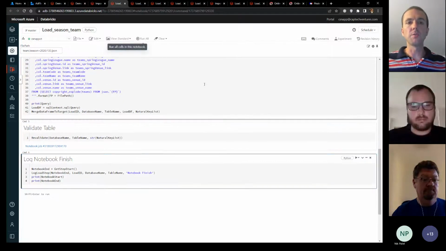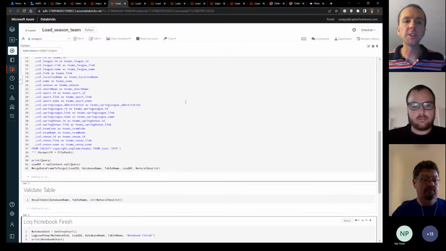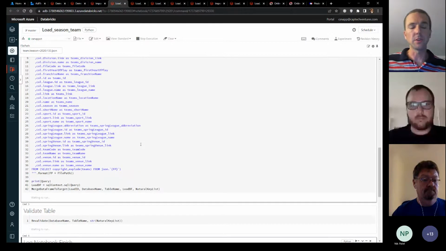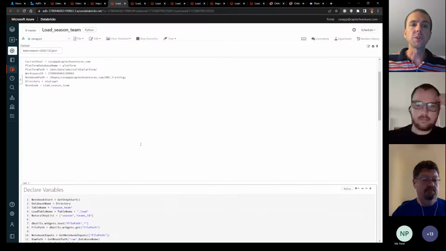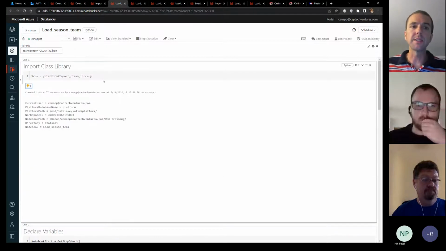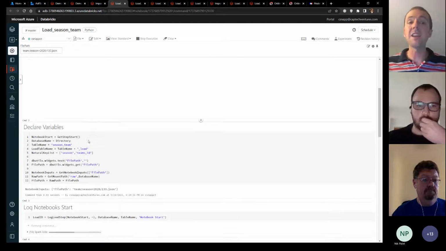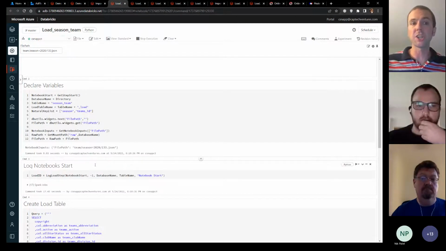So we can actually just go ahead and run this whole notebook. It's going to check the stats API season team table for those 120 rows. It's going to look for differences, and it's going to print out all the stuff that it does. The big takeaway here is that this is a template that follows a standard format, and there's not that much business logic here.